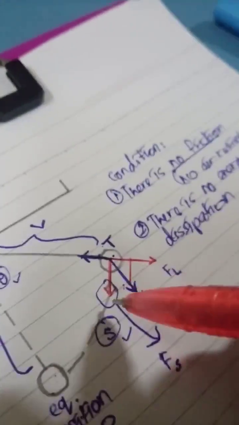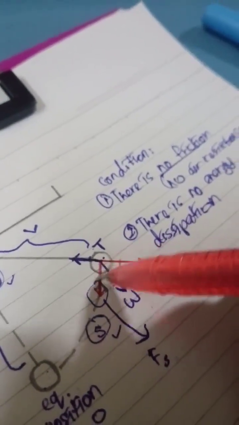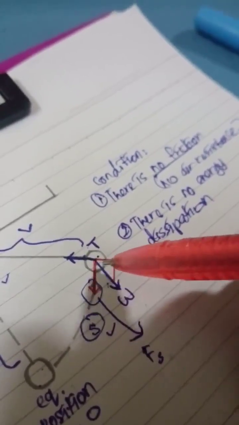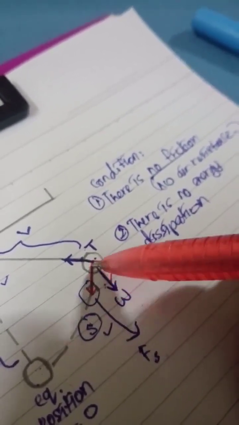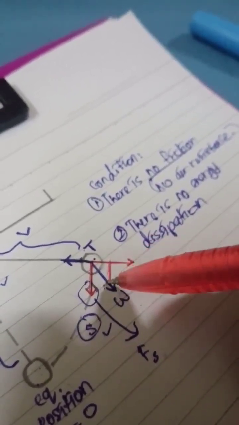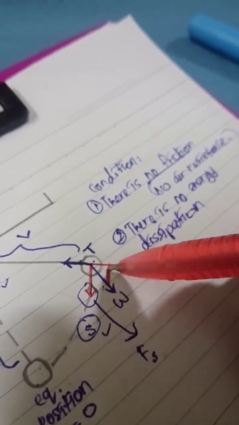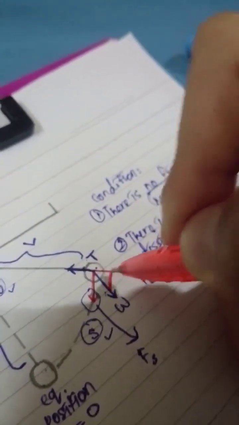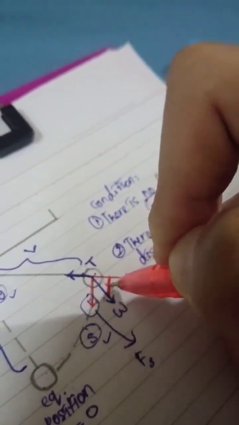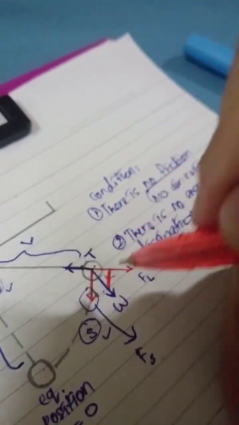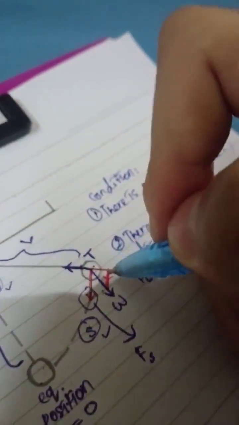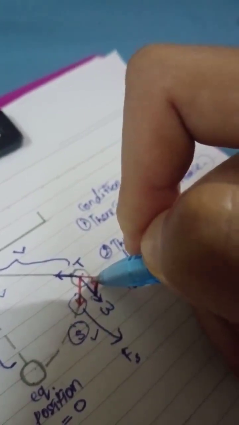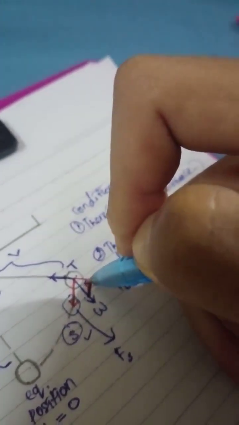Always remember that this force right here is perpendicular, and this force right here is parallel to this one. When it is parallel, that means they have the same direction. And always remember that this force right here is always perpendicular, which is 90 degrees to the